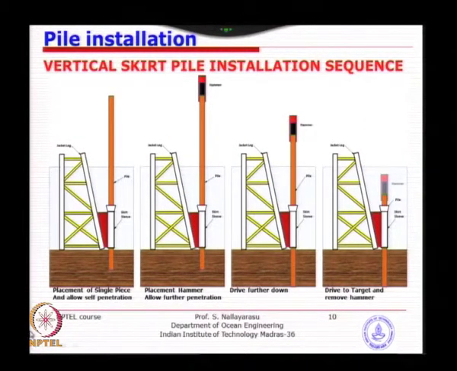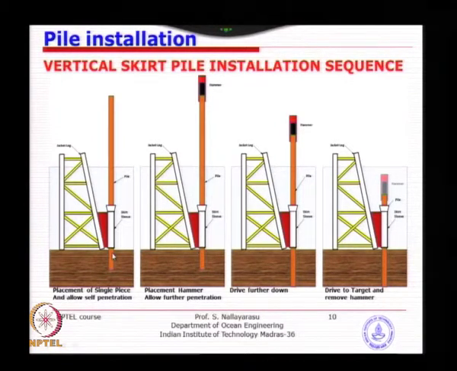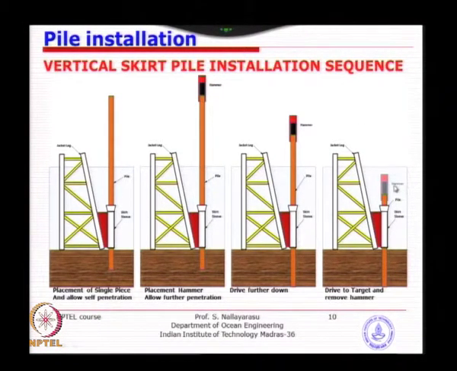So, the vertical skirt pile is very similar, except that it is only a single piece. You can see from here, this is the penetration into the soil and the remainder is sticking up. As soon as you position it, you will see this pile oscillating laterally, and then you place the hammer and start driving, and the hammer will go underwater. So, diesel hammers, steam hammers or mechanical devices cannot work. What you need is a hydraulic system.